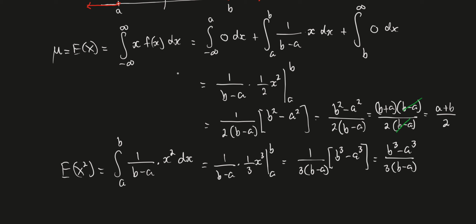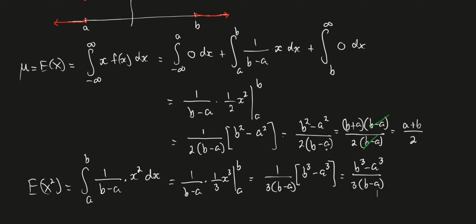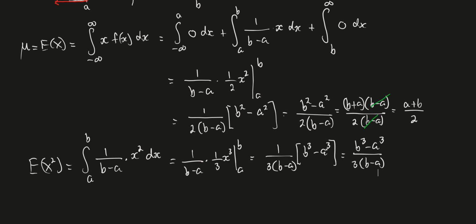Now, in the numerator, like when we did our expected value of x, what did we have? We ended up having the difference of two squares. Now we end up having the difference of two cubes. The result that I'm going to use is not as commonly known, although I think it really should be, as the difference of two squares, but the way we factor a difference of two cubes is like this. So the numerator factors as b minus a,